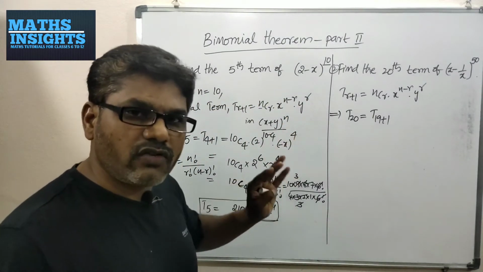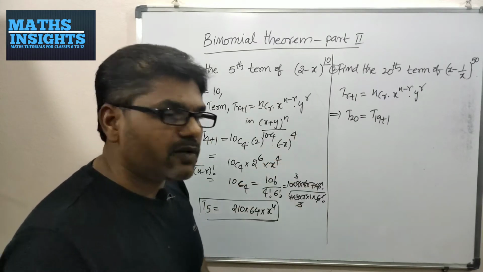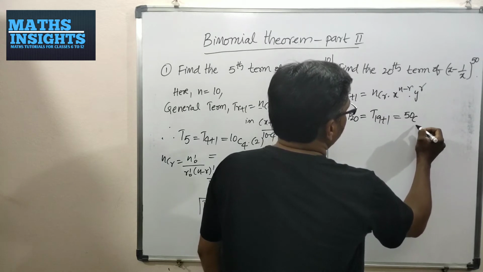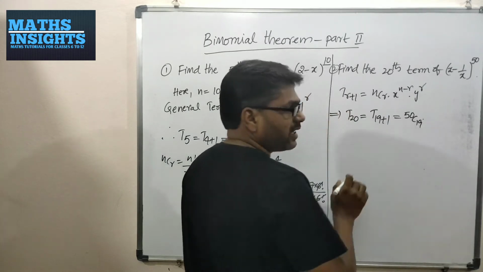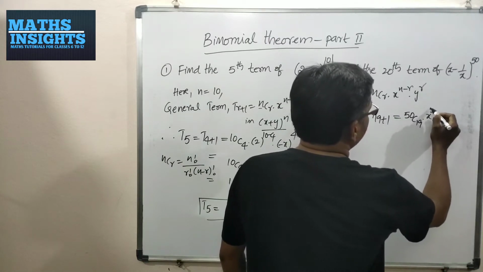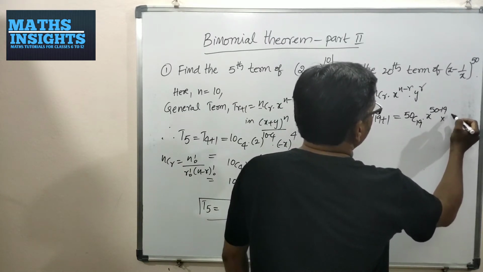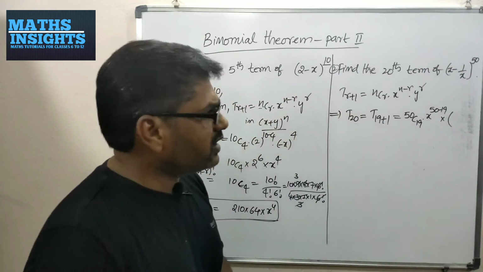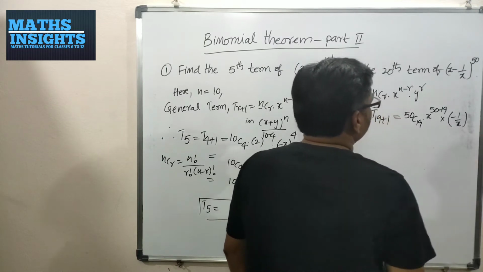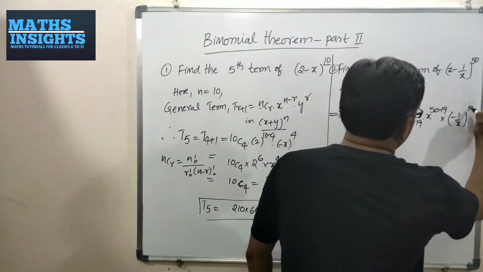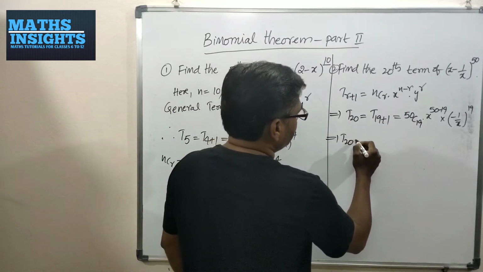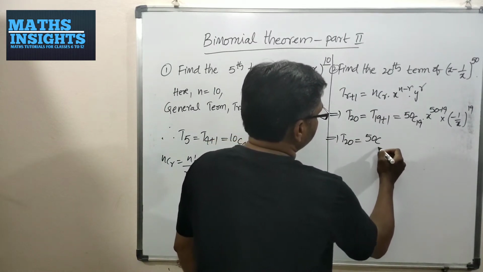Why? Because I want the r value which is 1 less than the term number. That equals n is 50C19 into x. X is x itself here. N minus r means 50 minus 19 into y. Y here is minus 1 by x, minus 1 by x whole power. See, the r is 19. So that implies T20 is equal to, you have to find